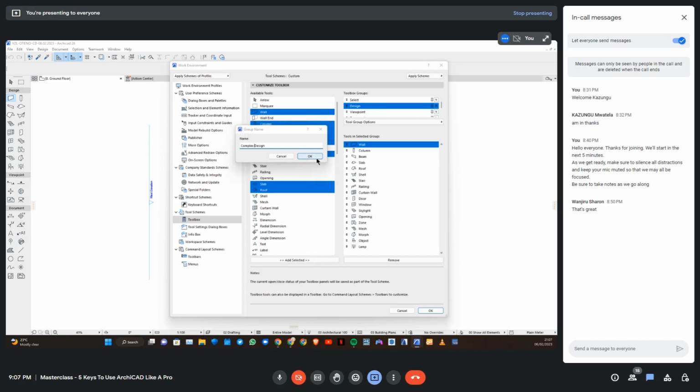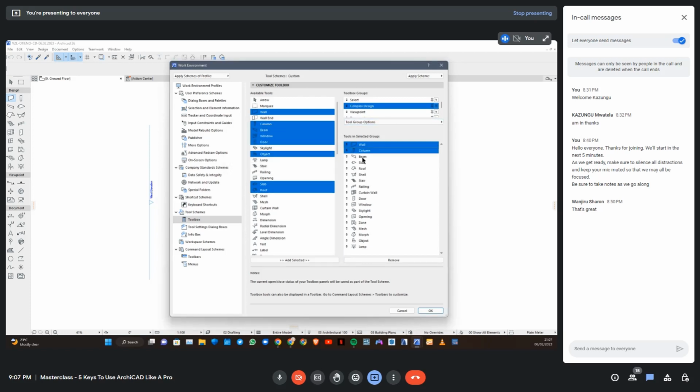So let's rename that. Let's take away wall, column, beam, slab, roof. What else? Let's take away door, window, and say remove. And we can drag this up so that it goes on over complex design. Yeah, so we have our basic design, wall, column, basic elements. We can also drag these so that they show up differently. So I have my roof, slab, wall, column, beam, and then under my complex design,